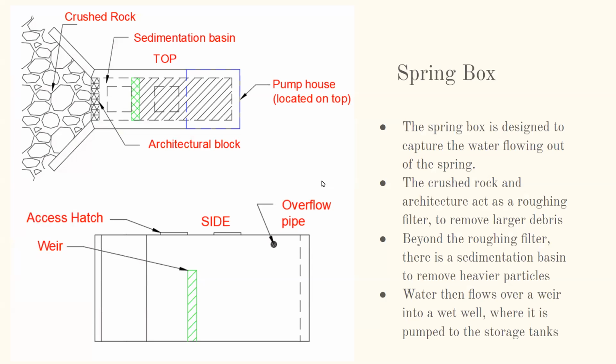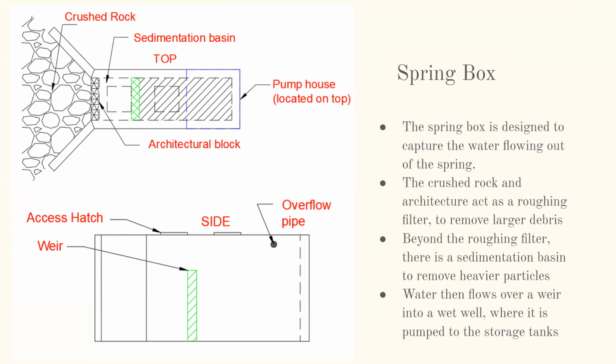Looking a little more at the spring box itself, it has 3 components. The wing walls are where the water flows in, and they're full of crushed rock wrapped in geotextile. This serves as a roughing filter, getting some larger debris out before it gets into the spring box. It also runs through some architectural perforated block to further make sure that there's no large debris in there. Then it flows into a sedimentation basin where it is able to settle out some of the larger